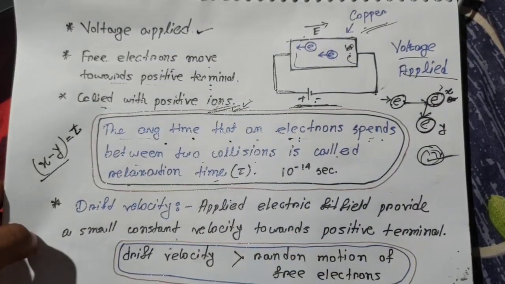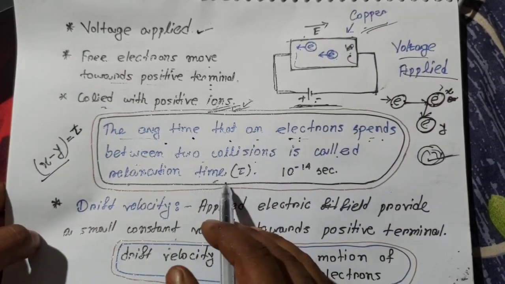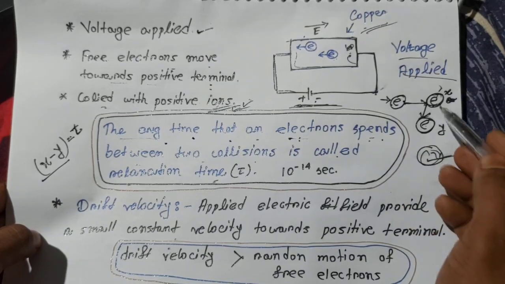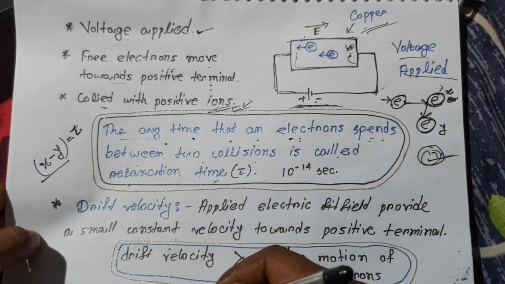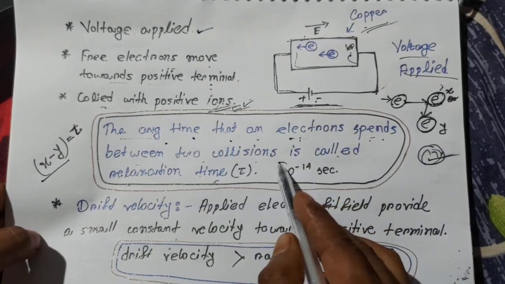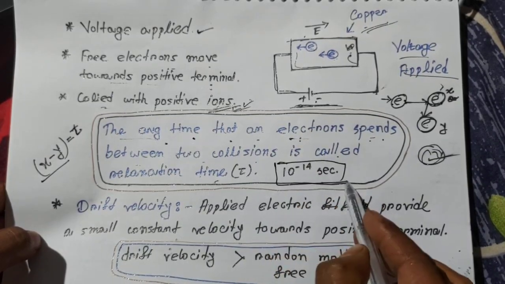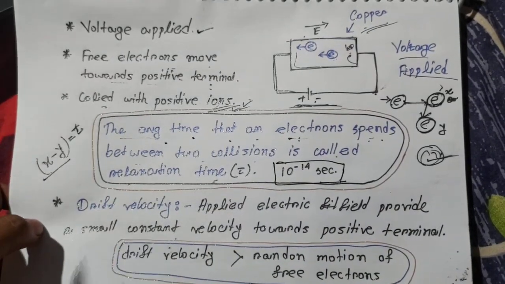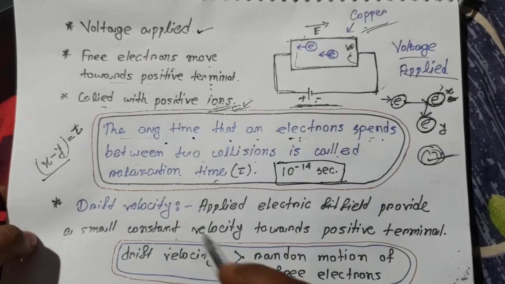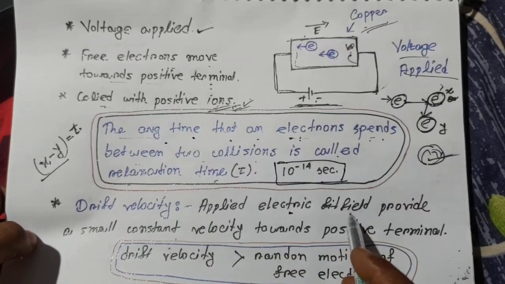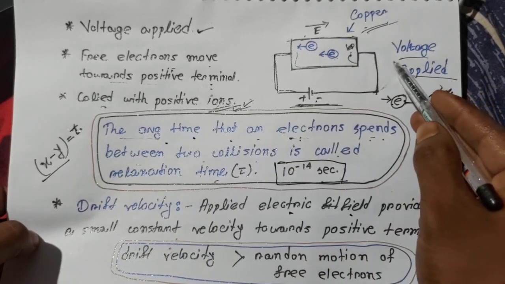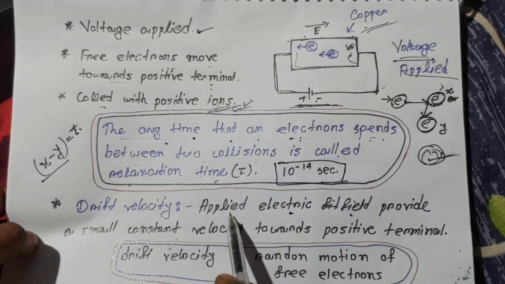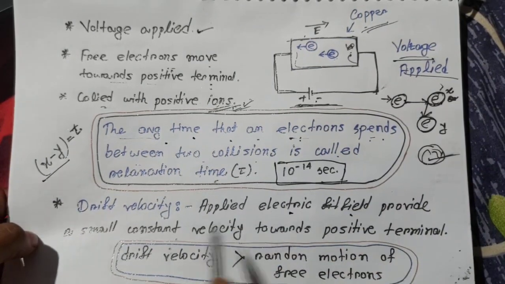So I think you understand. What is the relaxation time? Relaxation time is the average time between two collisions of an electron, and it is 10 to the power minus 14 second. Okay, now drift velocity. Applied electric field means this voltage applied to a copper metal. That applied electric field provides a small